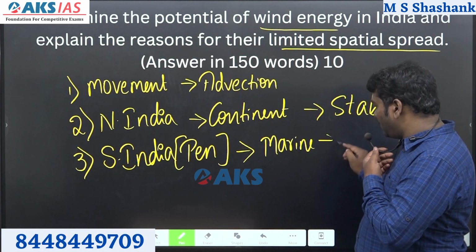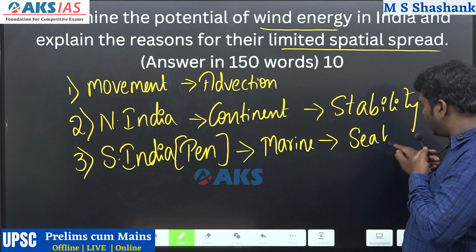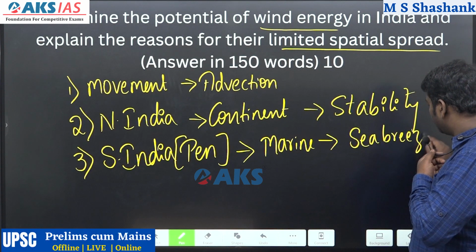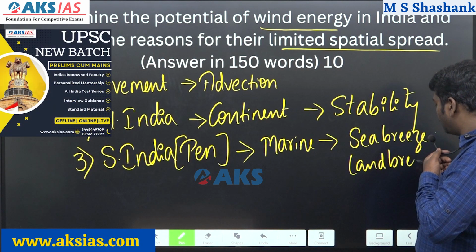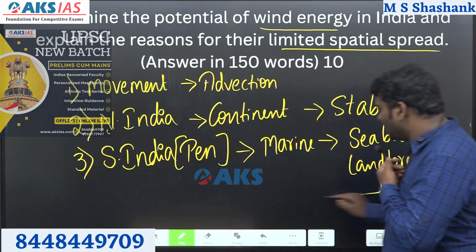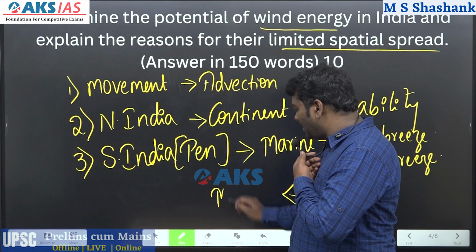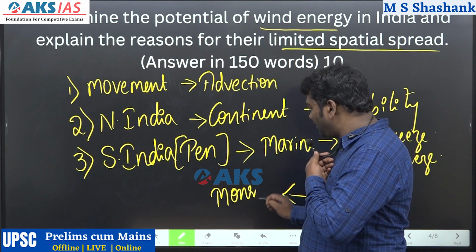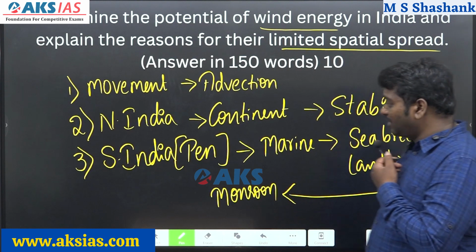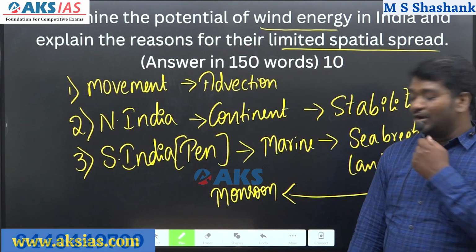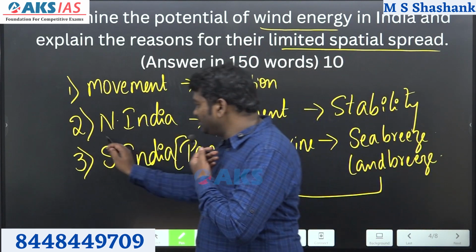And in marine climate, two things which we observe. One is sea breeze and land breeze. And when we are talking about the sea breeze and land breeze, the most important thing that we all need to talk is India is a monsoon country where there will be reversal of winds, but there will be excess winds blowing during southwest monsoons and all. See guys, what is India's potential is this point, right?